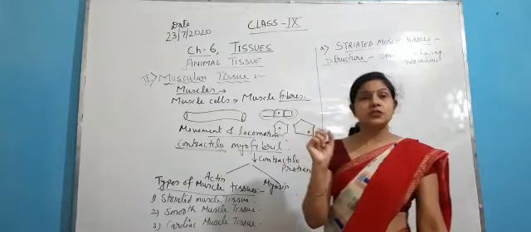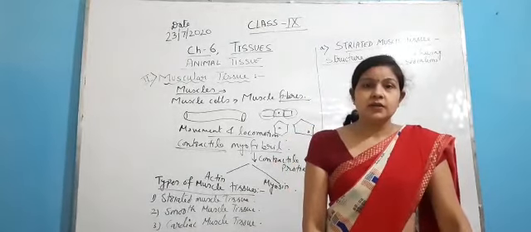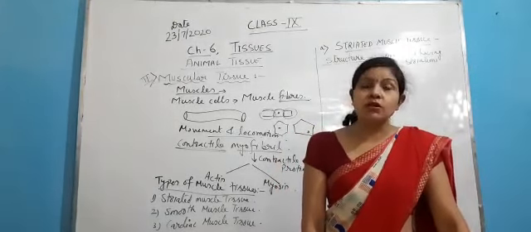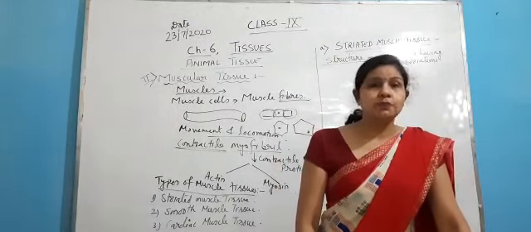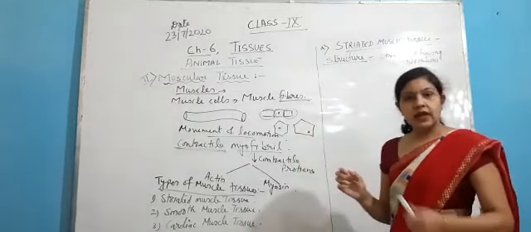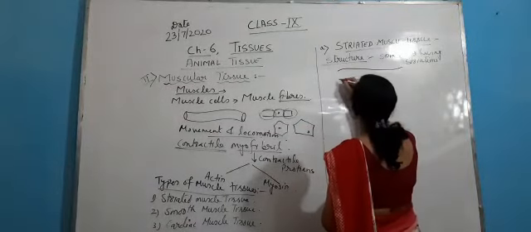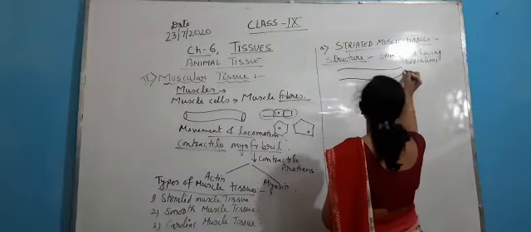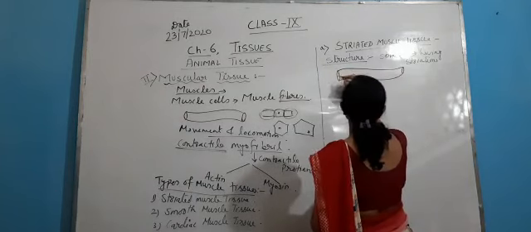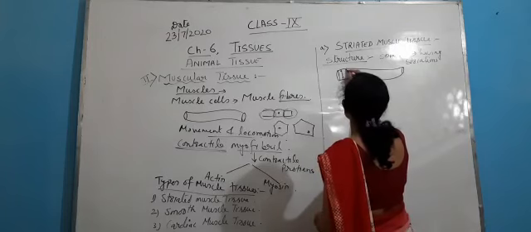Because this kind of muscle tissue has striations on it, some visible patches, that is why this muscle tissue is called striated muscle tissue. Children, first of all let me make a diagram and then I'll explain its structure properly. So this is only one cell I am making here. At the end I will make some more cells so that you could know how the muscle tissue is present.